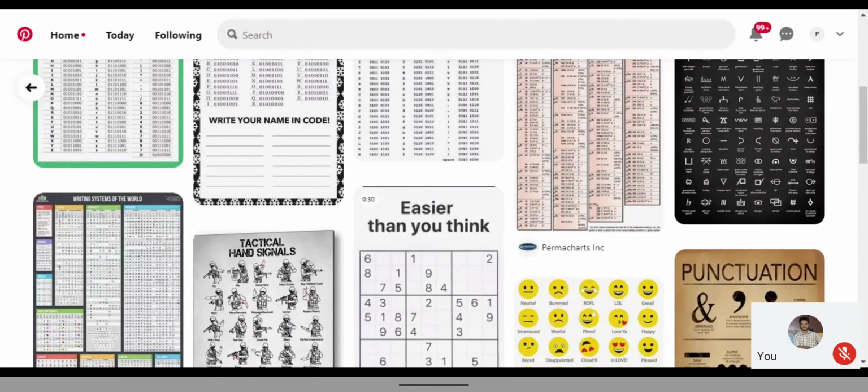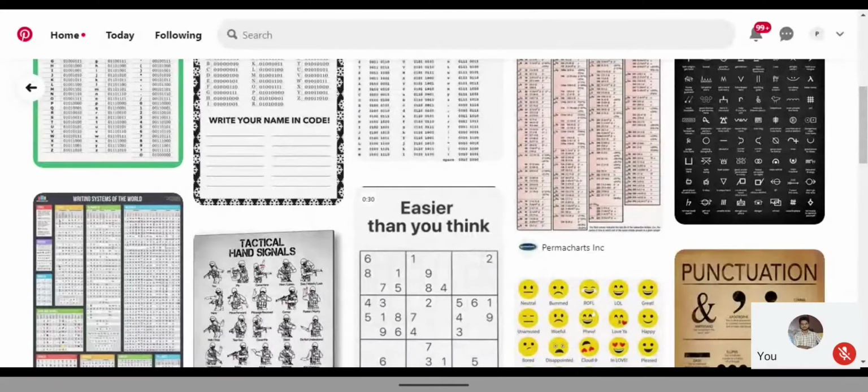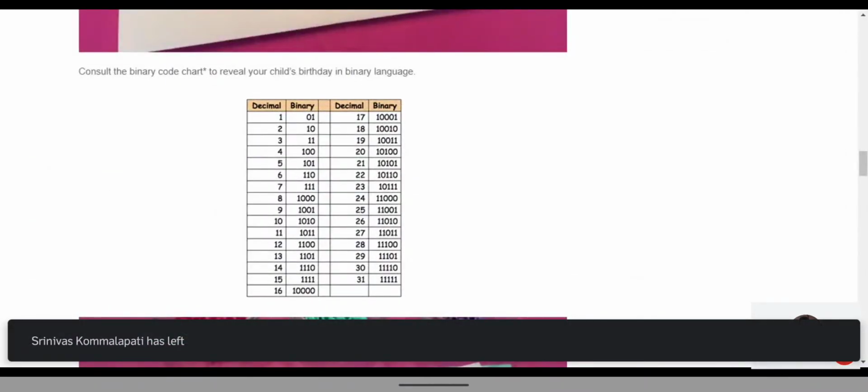These are for alphabets, right? Now I'll show you for numbers. Okay, can you see this one now?